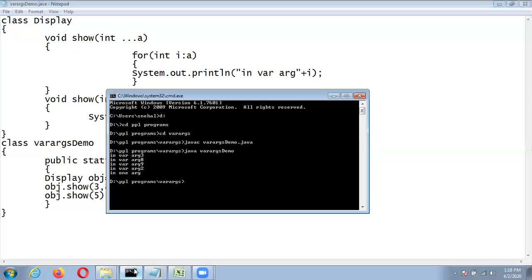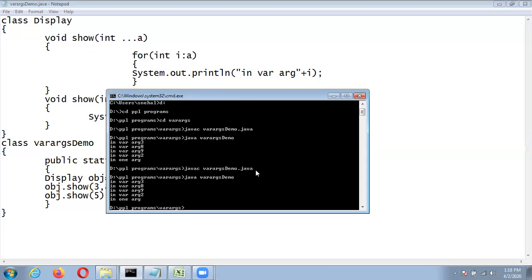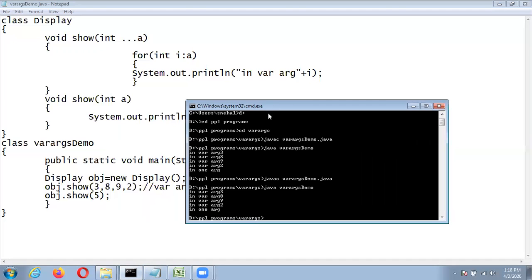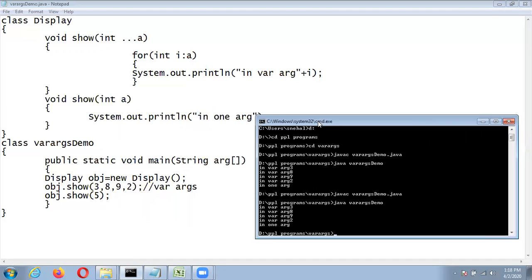So we'll see. Here we are getting the vararg method 3, 8, 9, 2. In the vararg method, here we are not displaying a.